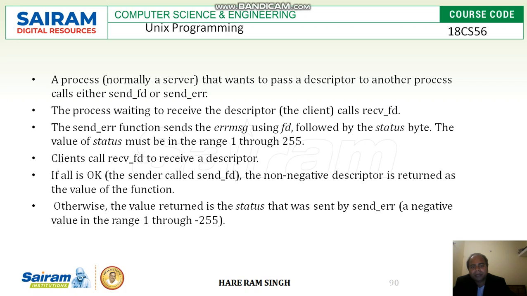The process waiting to receive the descriptor calls receive_fd. The send_error function sends the error message using fd followed by the status byte. The value of status must be in the range 1 through 255. Clients call receive_fd to receive